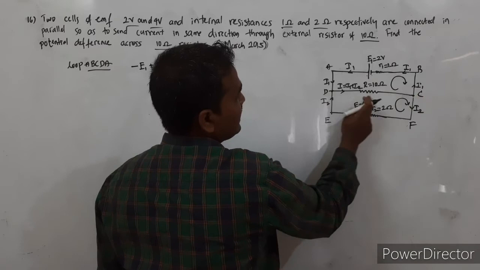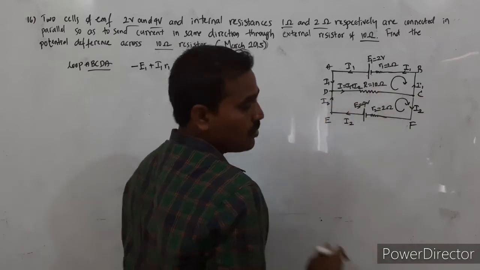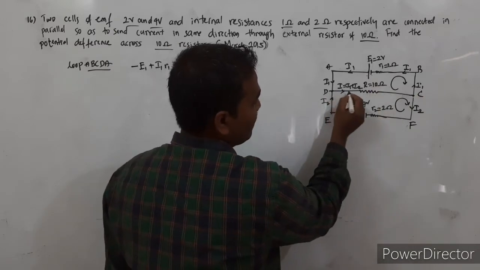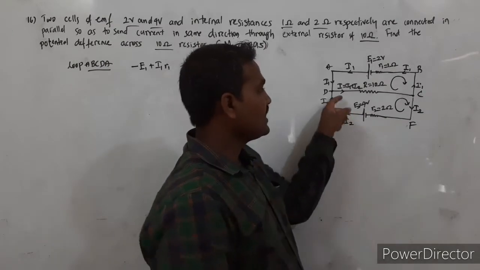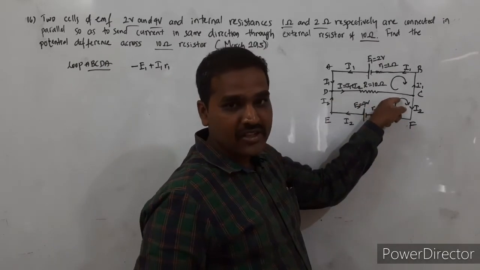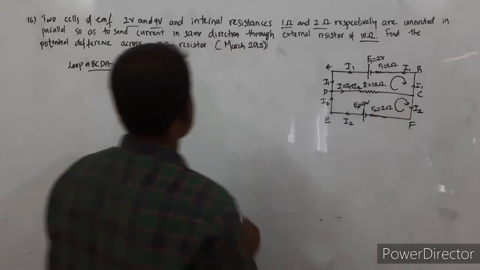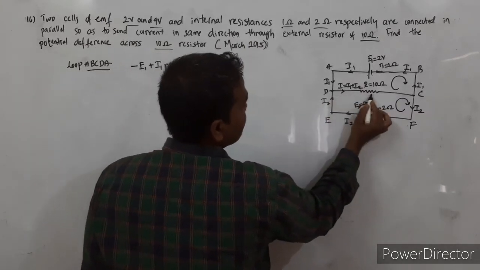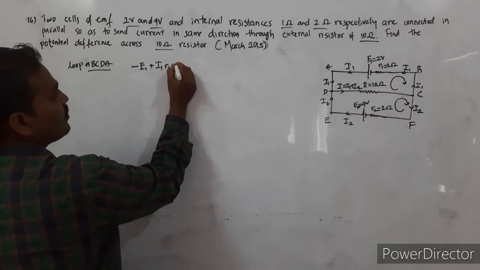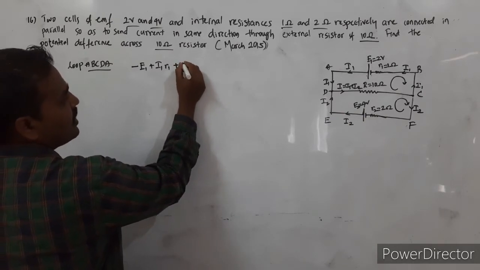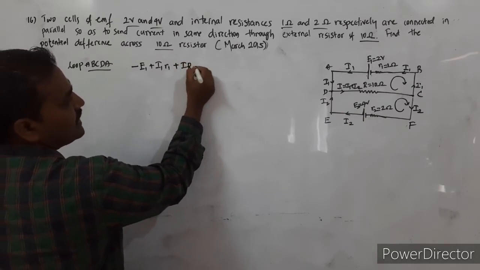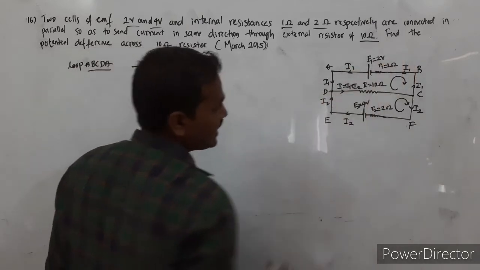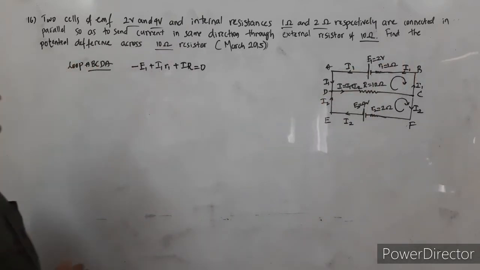From C to D there is a resistor of resistance 10 ohm and there is total current of capital I. That current is also moving in the opposite direction of our assumed direction of electric current. So the potential drop caused by this I across this resistor 10 ohm is also plus. So I write it as plus I into R, that is equal to 0. We don't have any other components.